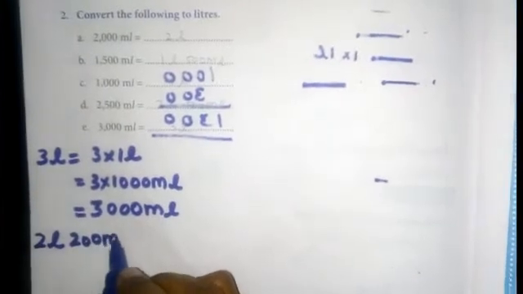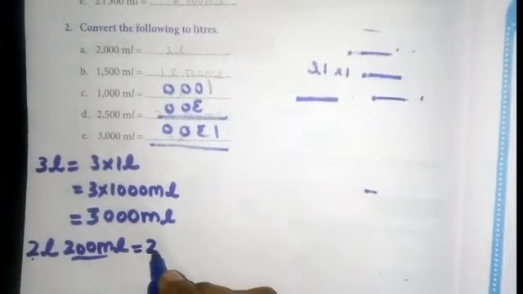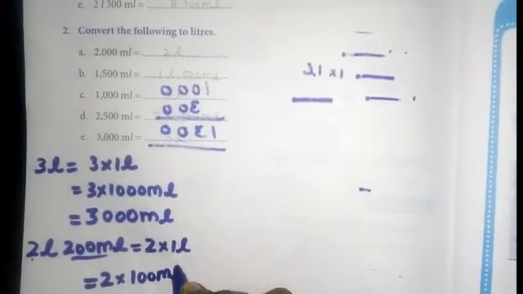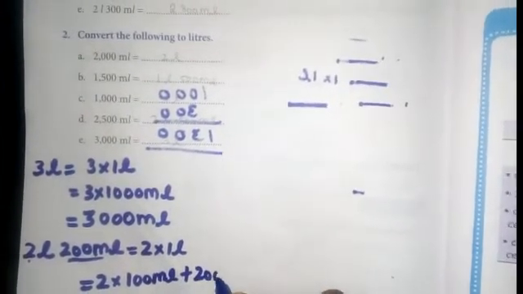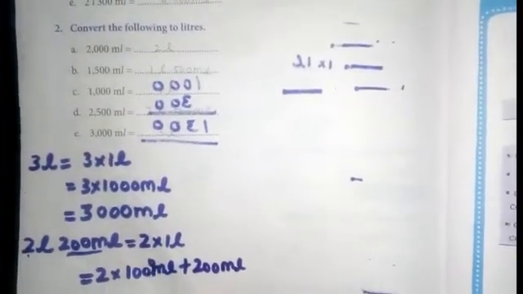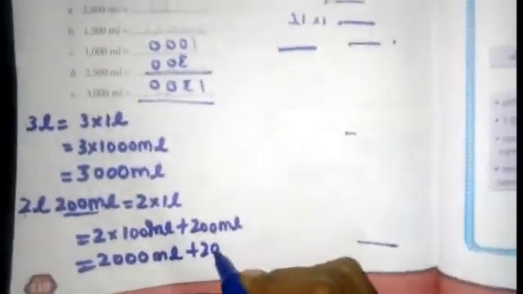If it is in part C here, the question is 2 liter 200 milliliter. Like that it is given. Not a single number, right? Liters also given, milliliter also given. Then what you have to do? See here. 2 liter 200 milliliter. So no need to worry about that 200 milliliter. Only you have to write 2 liter. 2 liter means 2 into 1 liter. So 2 into 1 liter is equal to 1000 milliliter. So this plus 200 milliliter. So 2 into 1000 means what? 1000, 2000. So 2000 milliliter plus 200 milliliter.